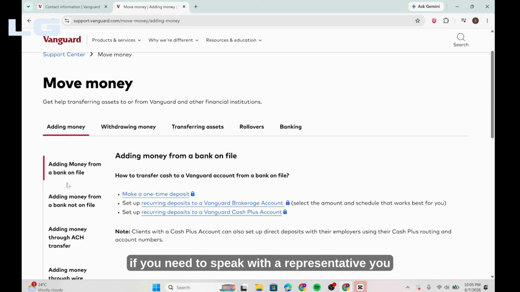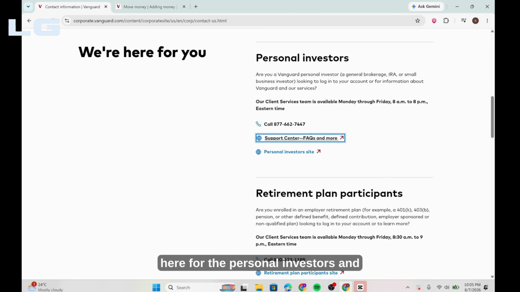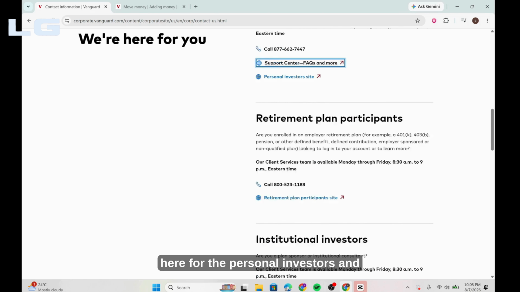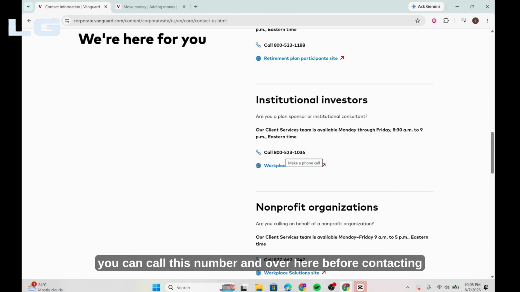And if you need to speak with a representative, you can go back. And over here, there's this number to call for the personal investors. And over here, scroll a bit, and for the institutional investors, you can call this number. And over here, before contacting customer service, make sure you have your account information ready for identity verification, and that